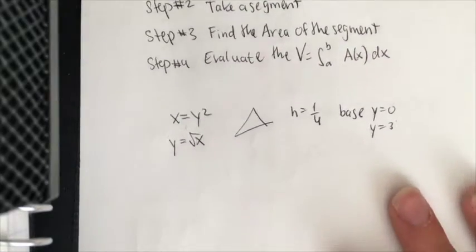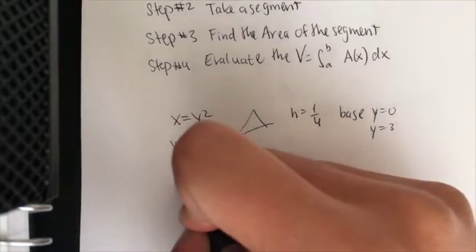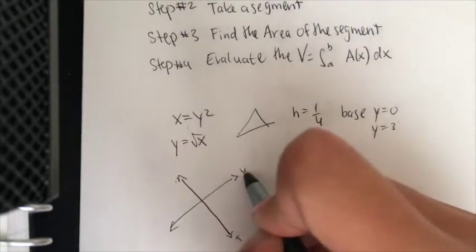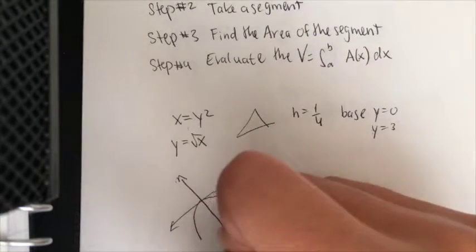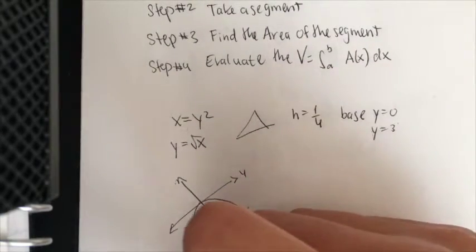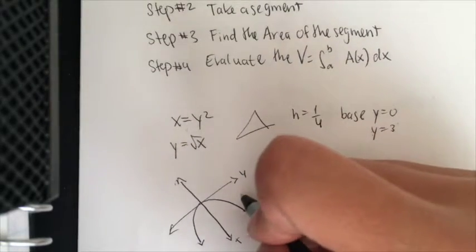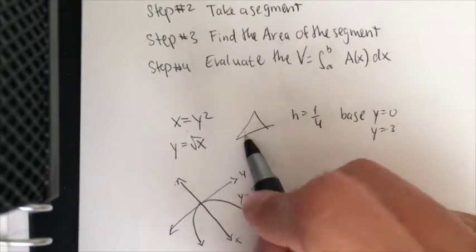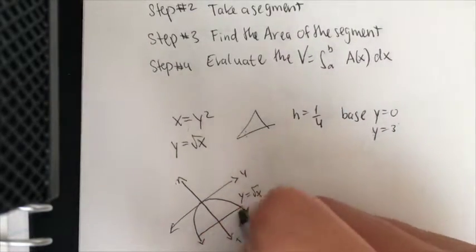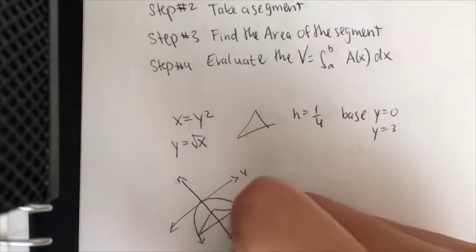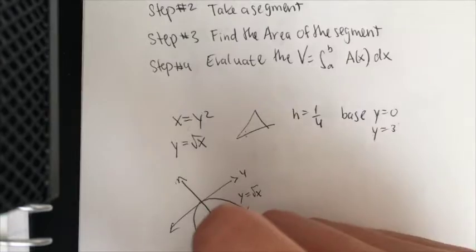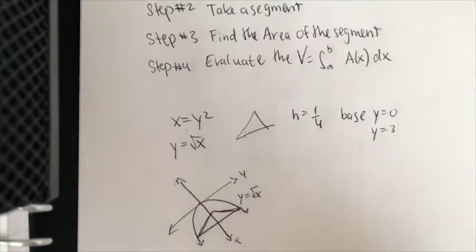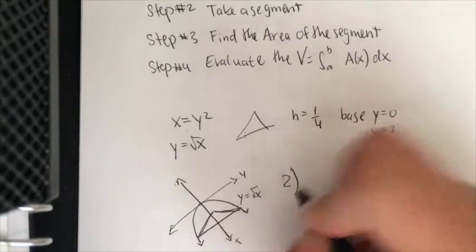Okay, so here let's draw our graph. So it will be x-axis, our y-axis. This is our y equals square root of x, and we're looking for the triangle cross section. So the cross section will be something here, which when we cut will look like a triangle. Okay. So step number 1, draw a picture. We drew a picture. Step number 2, take a segment,